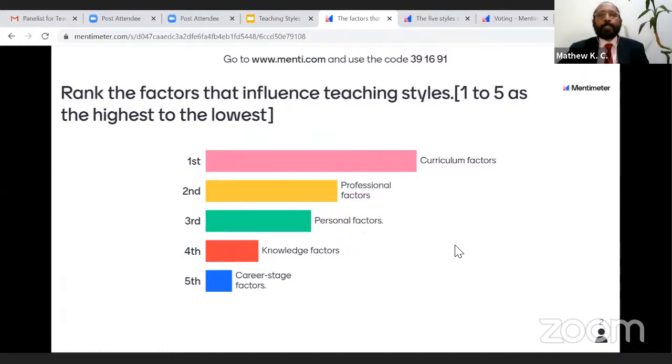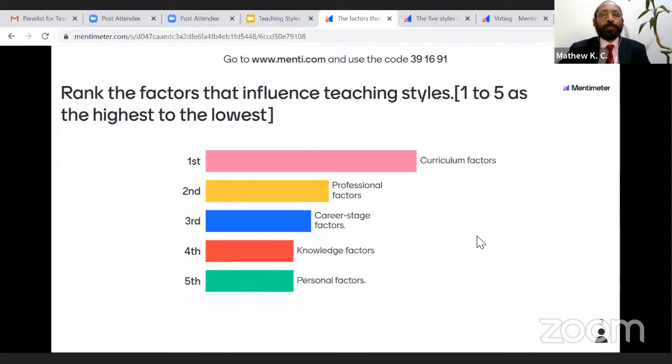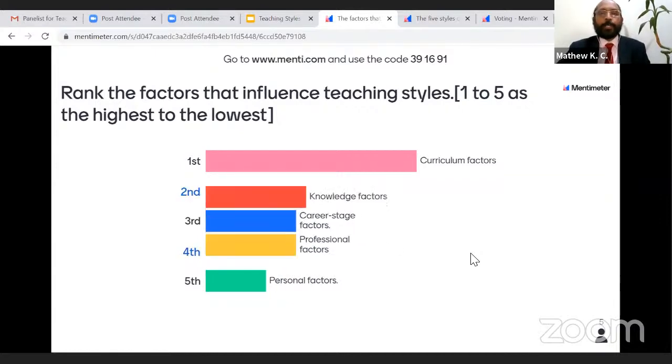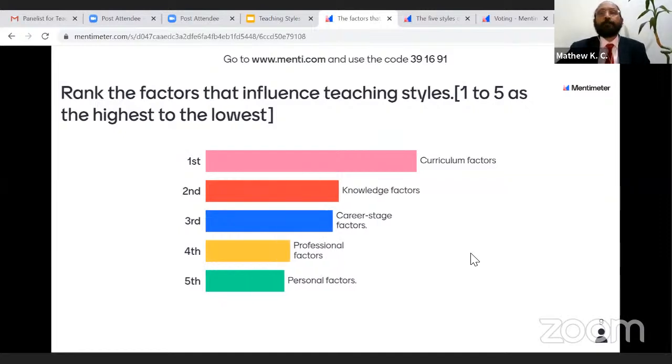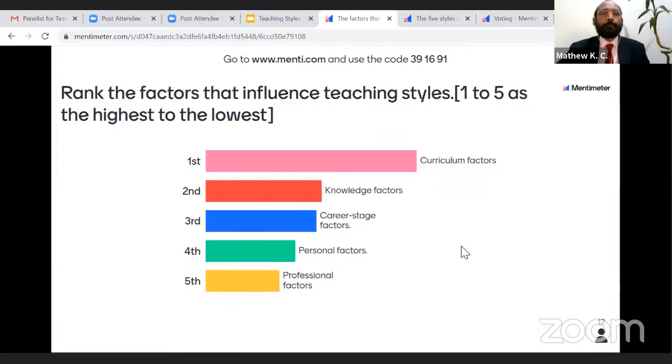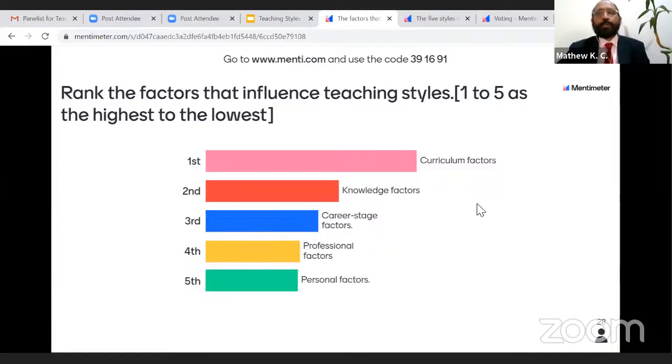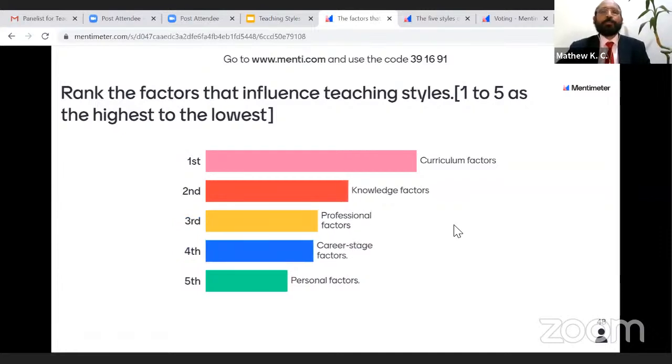Yes, coming. Curriculum factors is coming higher now. Then professional factors. Okay, teachers, please add. Oh, that is wonderful. Now the curriculum factors are on top with the highest influence, followed by knowledge factors, career factors, professional factors, and personal factors. Okay, wonderful. What we need to remember is